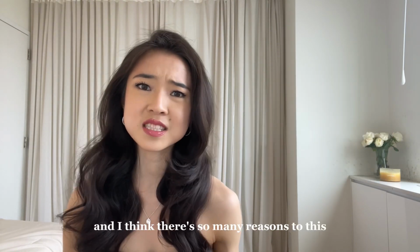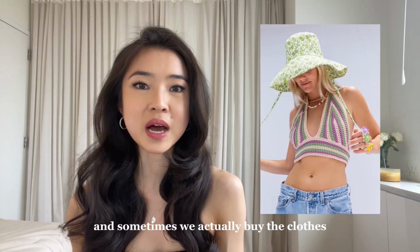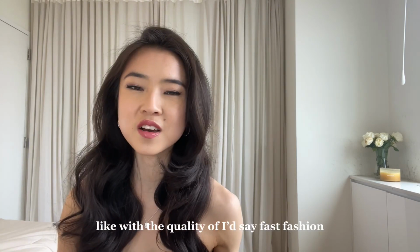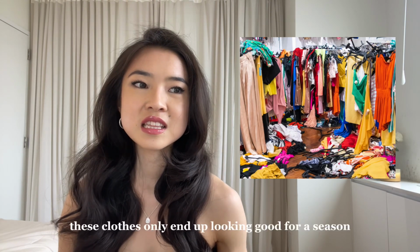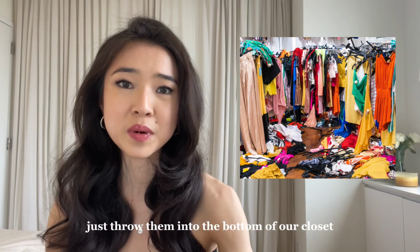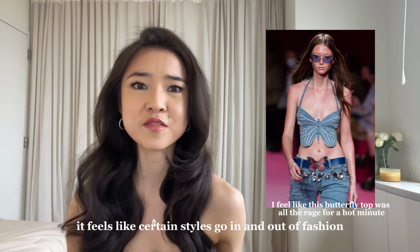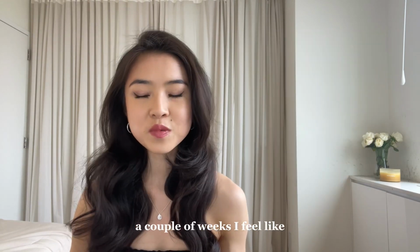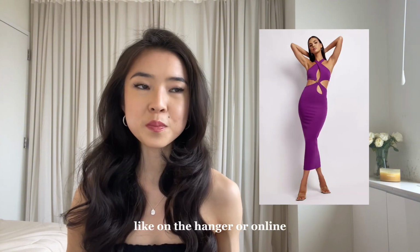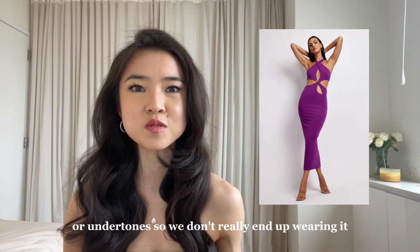And I think there's so many reasons to this. For one, it's really easy to buy into current trends. And sometimes we actually buy the clothes, not just because they're trendy, but because we like them. However, with the quality of, I'd say, fast fashion, these clothes only end up looking good for a season, and then we kind of just throw them into the bottom of our closet. And especially with things like micro trends, it feels like certain styles go in and out of fashion in like a couple of weeks. I feel like we might also buy clothing that we think is pretty, like on the hanger or online, but it's not necessarily flattering for our specific body type or undertone, so we don't really end